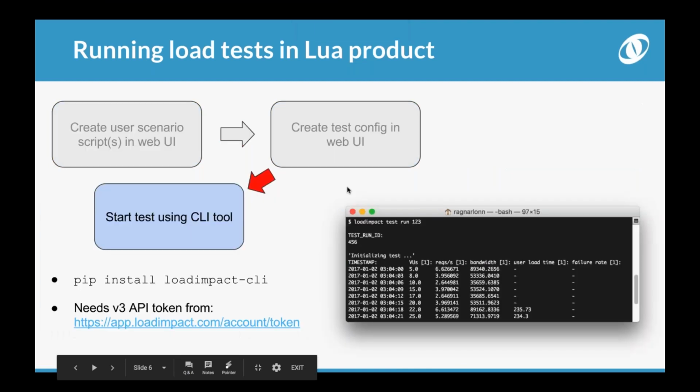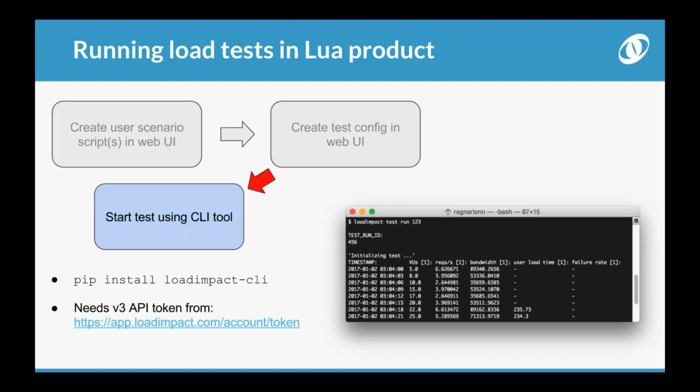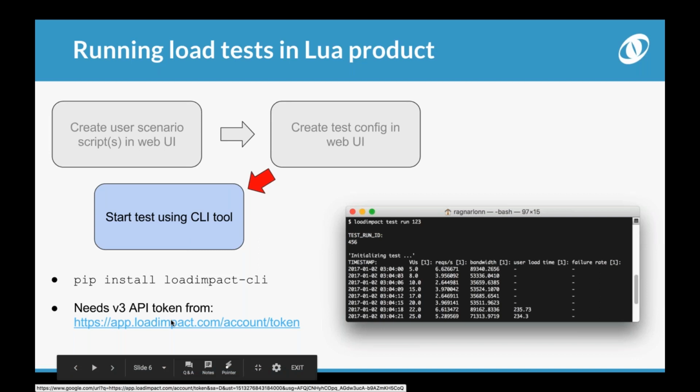And so if you intend to do any form of automation with your load tests, using the web UI quickly becomes tedious. And so for that use case, we have the LoadImpact CLI instead. And the LoadImpact CLI is written in Python, and it's available through the Python packaging index. So you can use the Python tool pip to install the CLI. So you would type pip install loadimpact-cli into a command line to install it. And then you would also need access to a version 3 API token that you can get from this URL here,